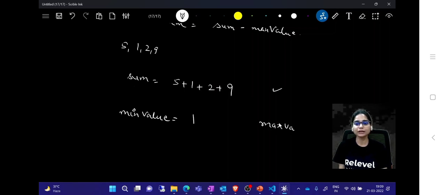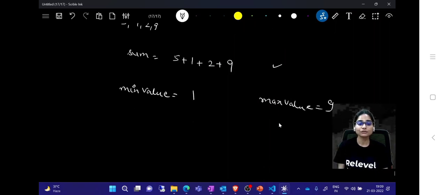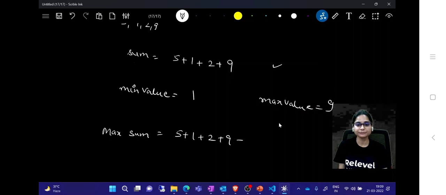The maximum value from this array is 9. If you want the maximum sum, from the sum value subtract the minimum value. So 5, 1, 2, 9 minus 1. These two are going to get cancelled,